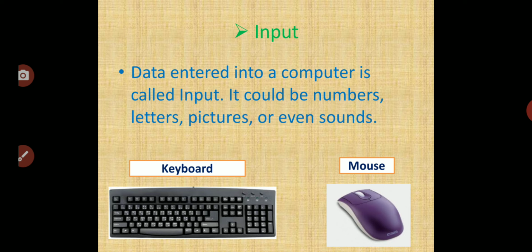Here we also learn in this chart the input device too. With the help of keyboard you can input, or with the help of mouse. So you easily understand, input means data entered in a computer is called input. It could be number, picture, or even sound. Okay, understand the input. With the help of mouse and keyboard only you can enter the data. Now next,